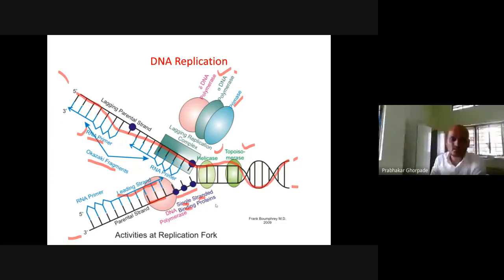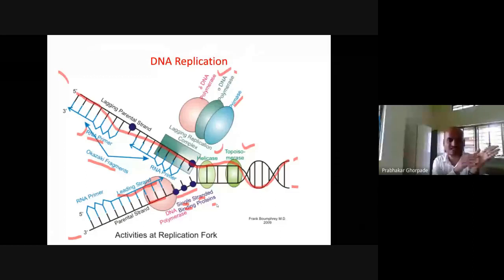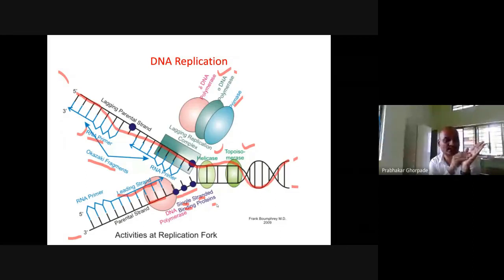Once the DNA has zipped open, it will ideally take some single stranded binding protein and bind them. Because of this single stranded binding protein, the single stranded DNA remains single stranded. It won't join with the other DNA strand. So that is the replication fork. Basically, the double stranded DNA replication fork is forming because of this helicase.